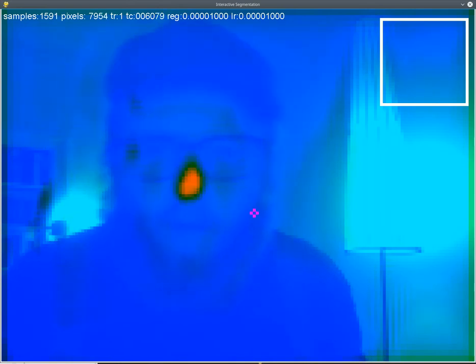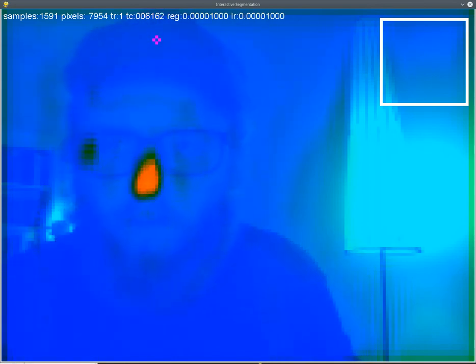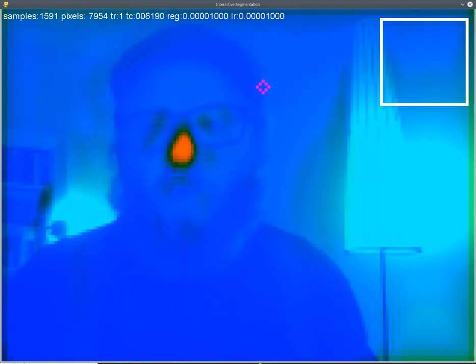While running the neural network, I'm constantly training. You can see a number up here. That's 6,000 something. That's the number of mini batches that I've run through the neural network. So that's a small batch of samples. I think it's 4 or 8 samples. I can't remember right now. I've given the neural network roughly 1,591